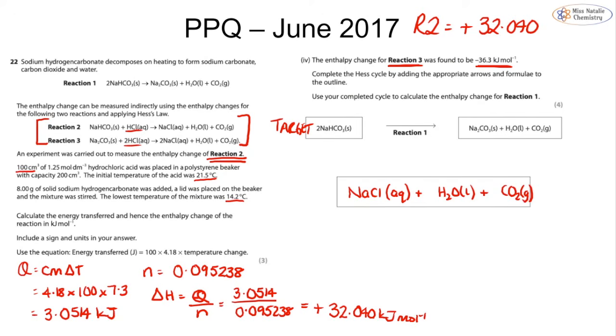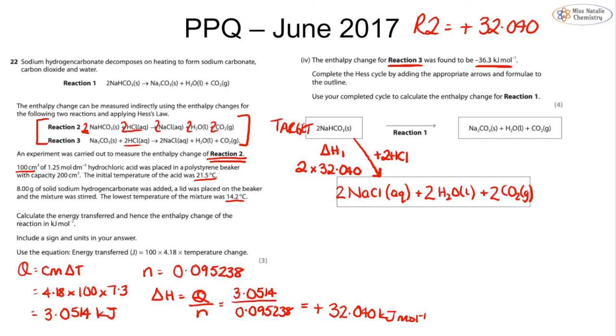Notice in our reaction 2 we only have 1 mole, but here we have 2, so I have to put a 2 in front of everything and scale it up. This is my first arrow. I achieved this reaction by reacting it with 2 hydrochloric acids. So delta H1 is going to be equal to 2 times our reaction, which was